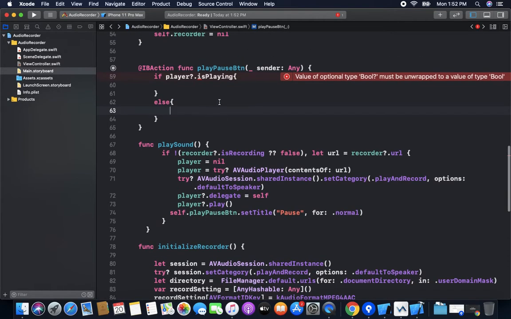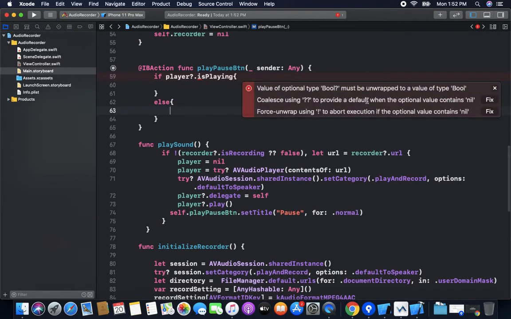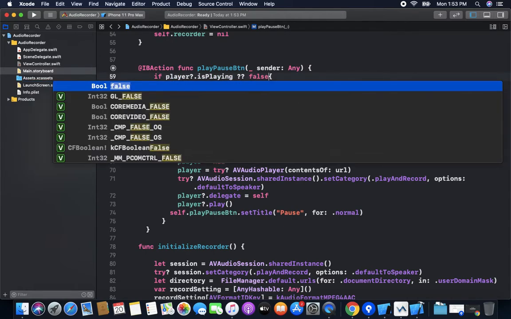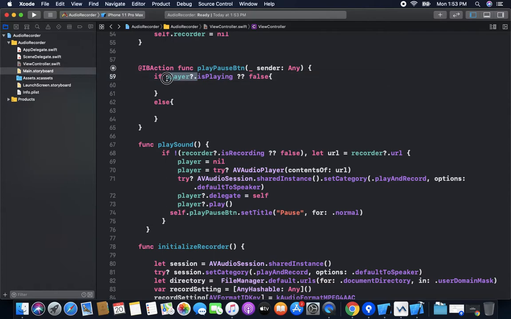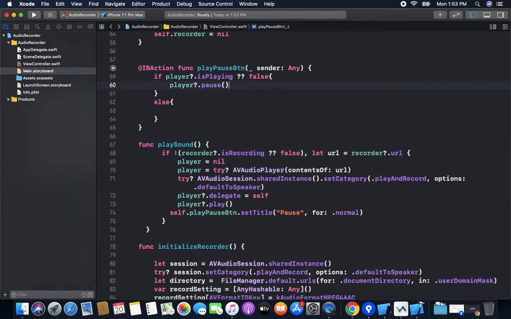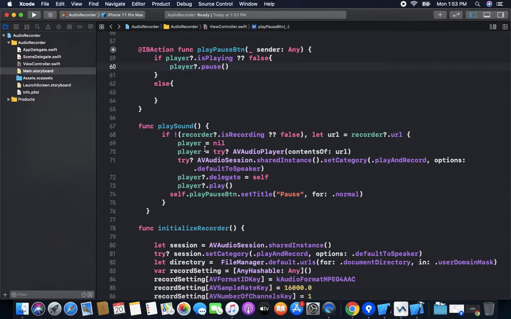If the player is playing, then we want to pause the player, so we just pause it. If the player is not playing, then we initialize the player and play sound.